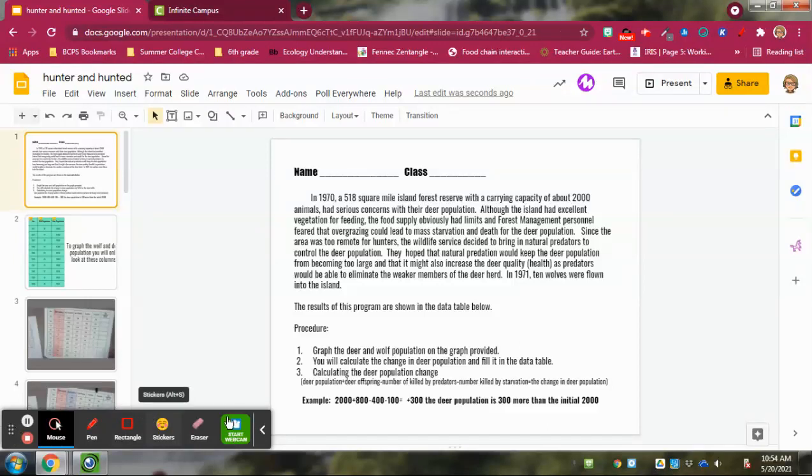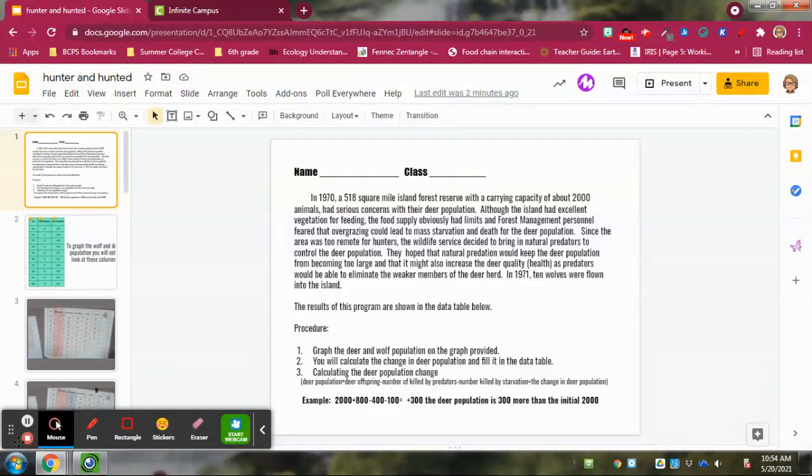All right, guys. So today we're going to be working on this activity called Hunter and Hunted. Go ahead and go to the first page, and we're going to quickly go through this passage. So it says in 1970, a 518 square mile island forest reserve with a carrying capacity of about 2,000